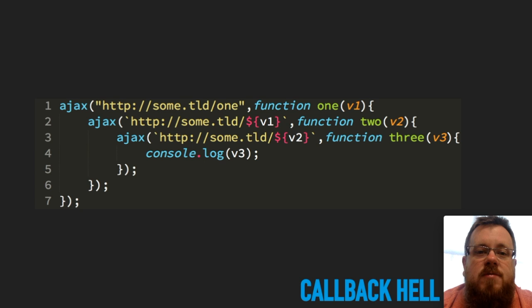and when it resumes, the callback is marking the place in code where that code will resume. So if I show you this code, this is what everybody thinks of when they think of the term callback hell. They think of making a call, and then inside of the callback, when it gets the response back, it simply resumes the JavaScript program at that point. So line 2 resumes the JavaScript program after the first request is completed and there's a response of v1 to give back. That's the idea behind a callback.